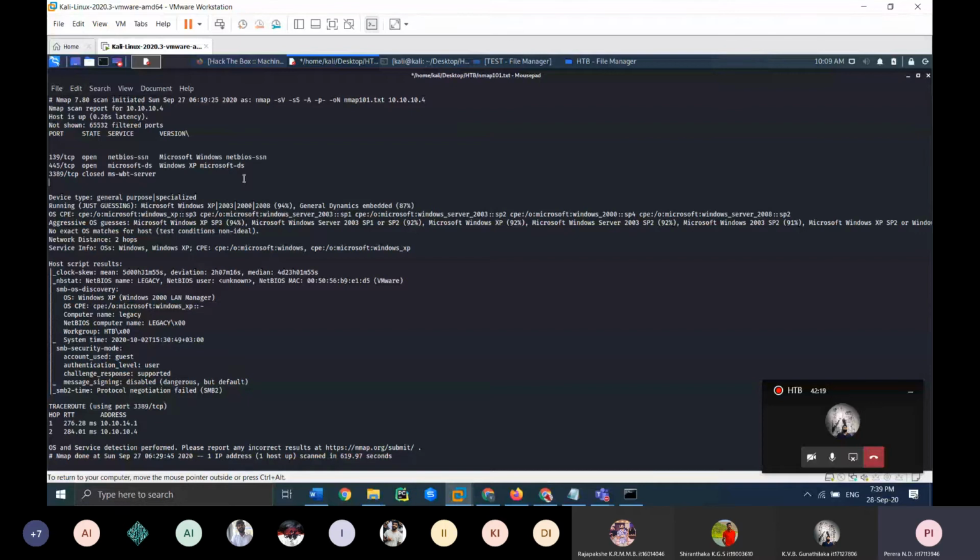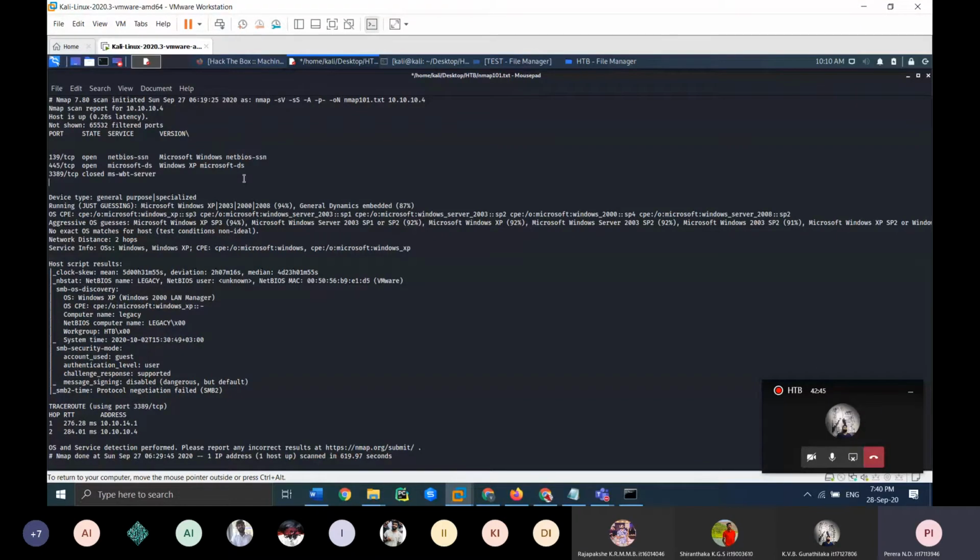There is a little bit of a story about SMB, a network sharing protocol: the older versions use 139 and the latest versions use 445 as the SMB port, because after Windows 2000 they started using 445 for SMB.